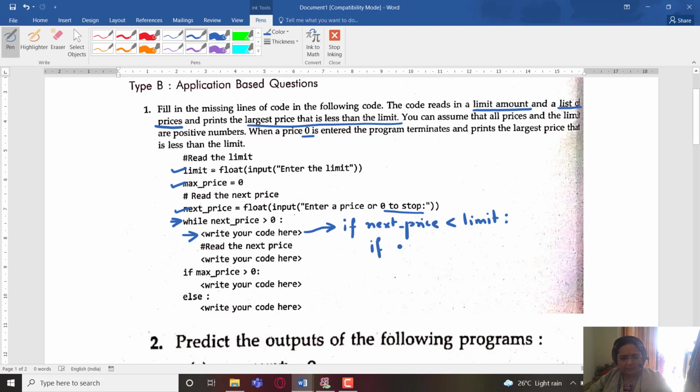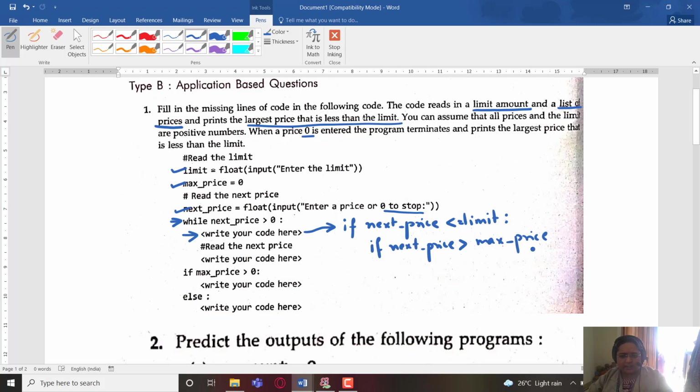If next price is greater than max price, and less, we can write it less than equal to limit. Why? Because it should not exceed limit, but it can be equal to limit.